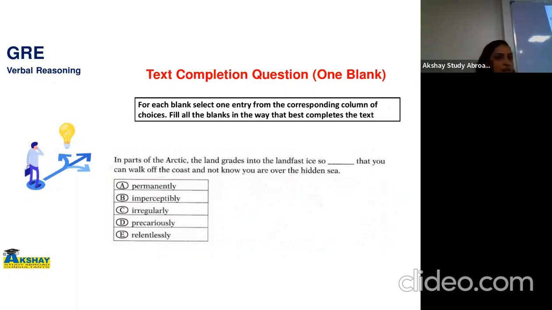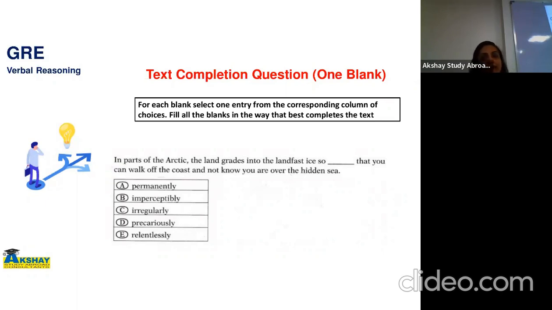So the comprehension and interpretation strategies remain the same. That is, you quickly walk through the question and check where the division is. You check the part which doesn't contain the blank, in general. That doesn't mean it's a rule. Sometimes you get the textual clue in a part where there is a blank. Understood? But in general, you do this. So again, this is the sentence; you need to quickly walk through it and check where the division is. Would you quickly walk through it and let me know where the division is?